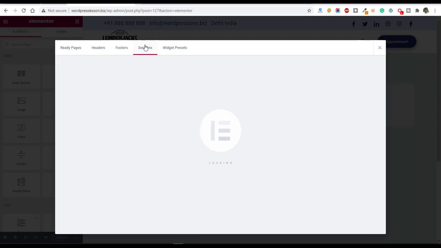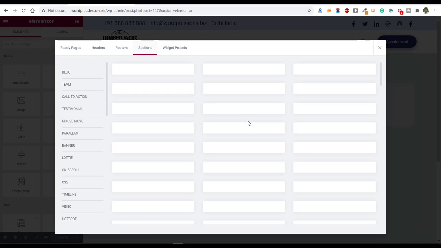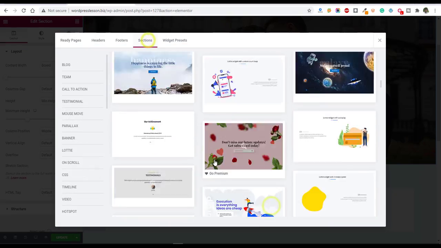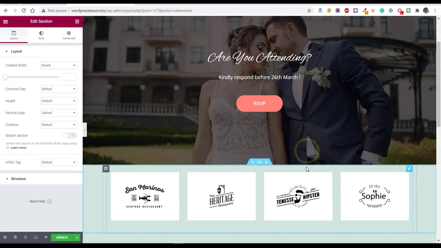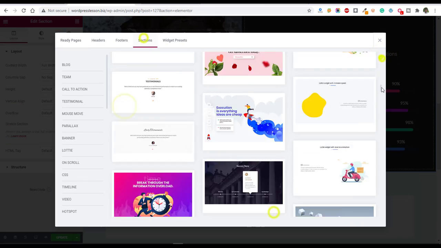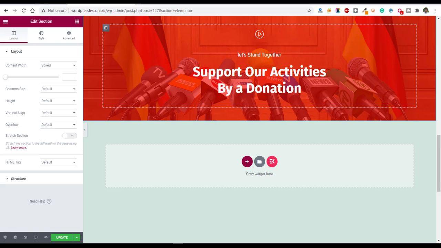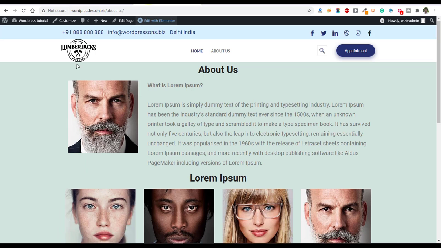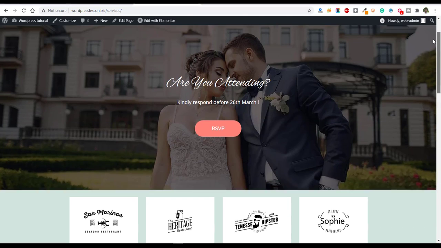So many sections are available. We are going to import some sections. Like that, you can insert or create new pages and update them. After that, we are going to refresh our website, and services is already added. Just click on it. The page is looking good.